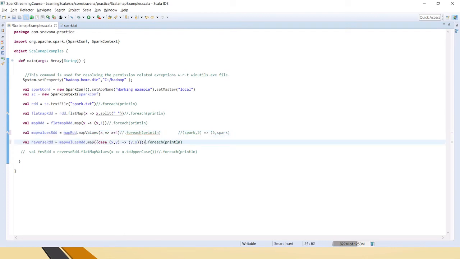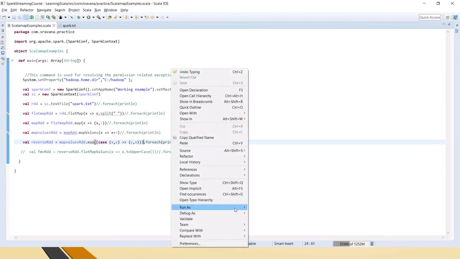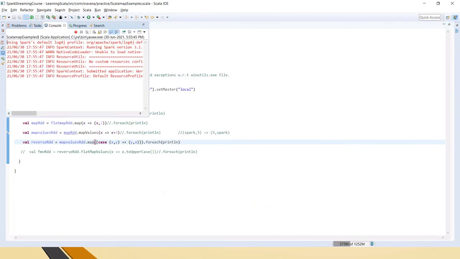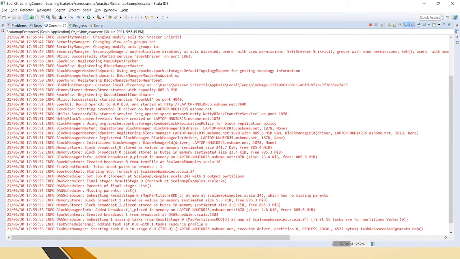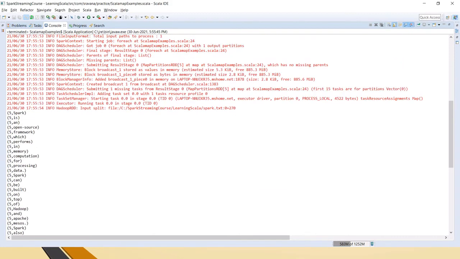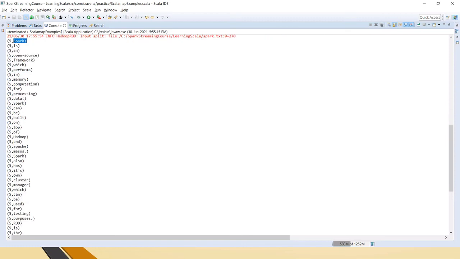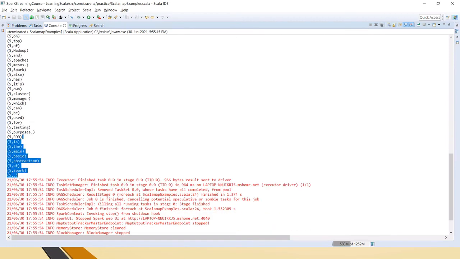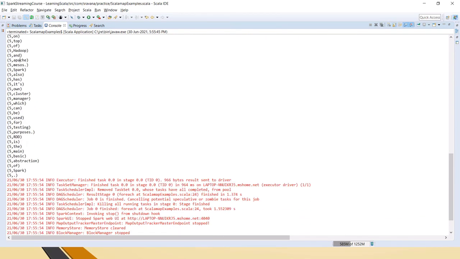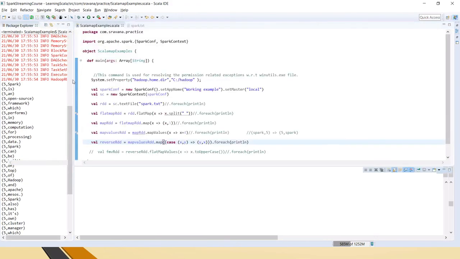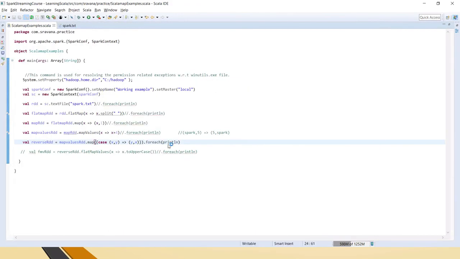Okay, now let's see after the reversal how this reversed RDD looks. So friends, if you see here, first the int has come, then the string. So the reversal is applied to each and every element present in the RDD. You don't have to care about lines, rows, everything. The function you give in the map takes care of each and every element in the RDD. Okay, so it's clear till here, right?